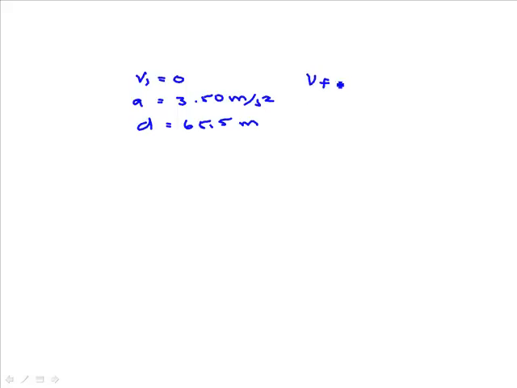So final velocity is unknown, and in this case, since there's no mention of t, we use the equation that doesn't have t in it. Vf squared is equal to vi squared plus 2ad. In this case, the initial velocity is 0 plus 2 times 3.5 times